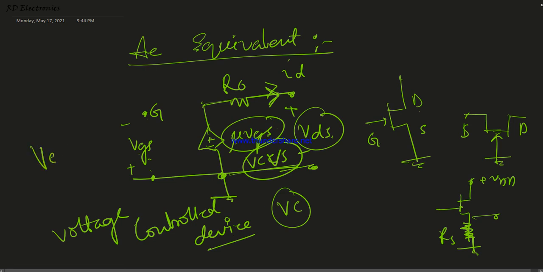Using a JFET we build a voltage controlled voltage source or a voltage controlled current source, but using a BJT we implement a current controlled current source or a current controlled voltage source. So this is the advantage of the JFET. Okay, these are the common applications using JFET.